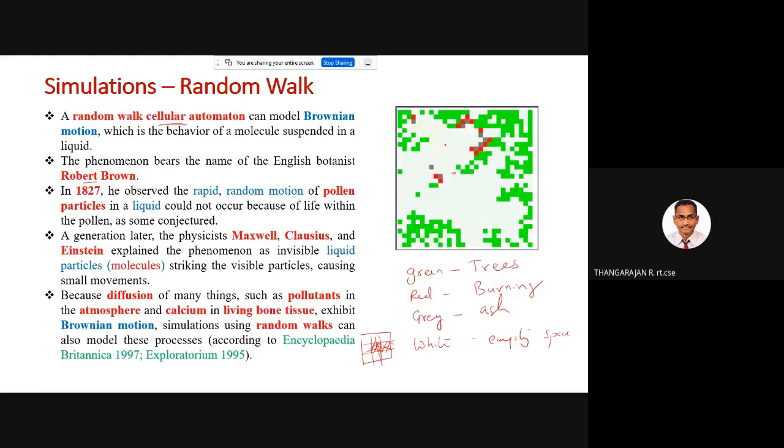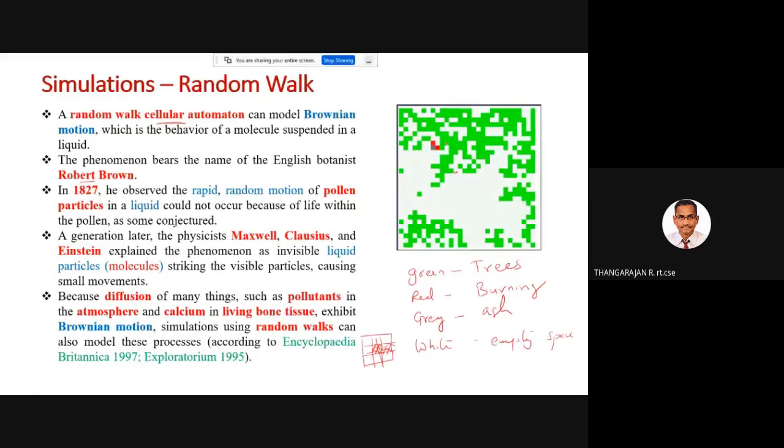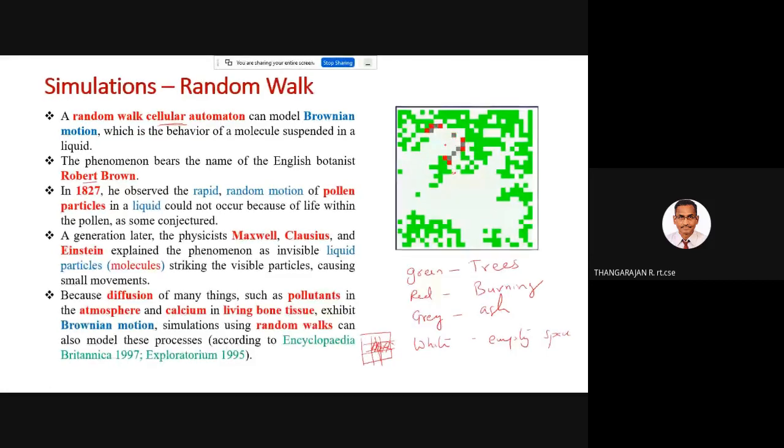And when you see that, you find that ultimately not the entire forest is lost. Just observe the trees that are burning. Once a tree is burned, it no longer burns because it becomes ash. Similarly, empty spaces do not burn, because they don't have anything. So who can burn? A tree which is nearest. Only a green node near to your node will be caught in fire, not all the nodes. So this is what you have to keep in mind.